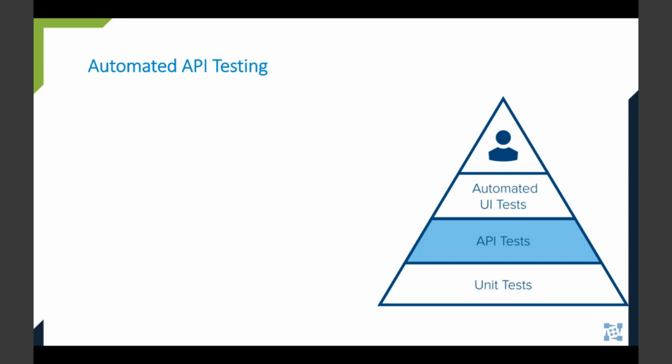Now, I'm not saying that UI testing isn't important. You absolutely need UI testing. And Selenium is the de facto standard for testing in a browser. And to help with that, Parasoft offers Selenic. Not only can it help to lighten the Selenium maintenance burden, it can capture the API traffic of those tests and generate API tests from those recordings. So what then are some pros and cons of automated API testing?